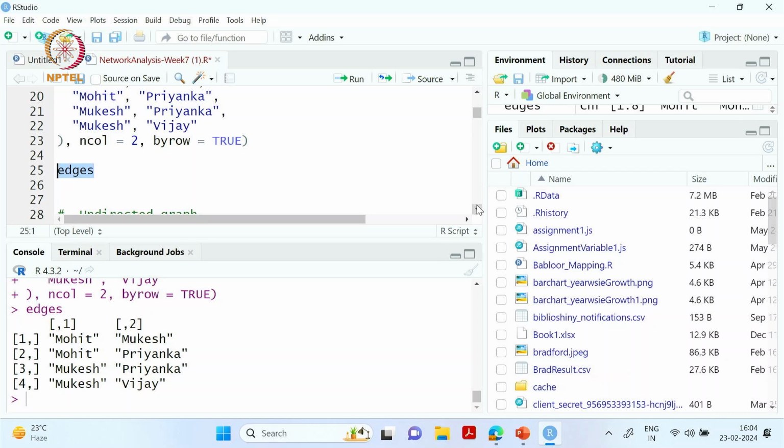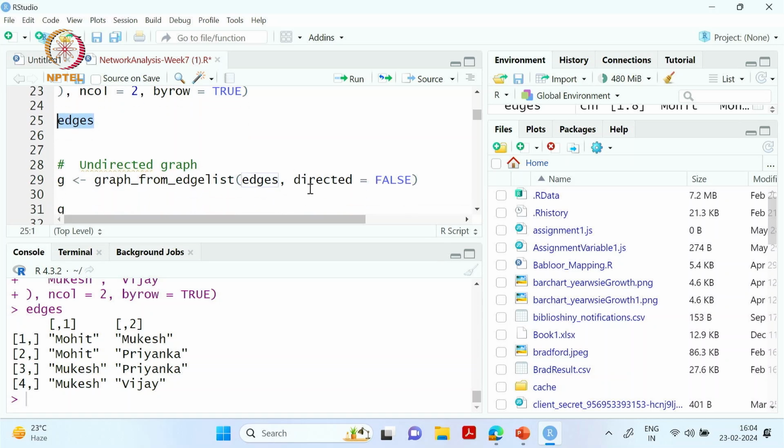So now we will be creating the undirected graph. We have the nodes, we have the edges, now we have to create the graph. To create a graph, we have this function called graph_from_edgelist. The argument is edges, so our edges are already defined, and we will say directed false, which means it's an undirected graph, not a directed graph. We will run this and assign it to an object, let's say GU. GU is an undirected graph of these edges. So if I run this,